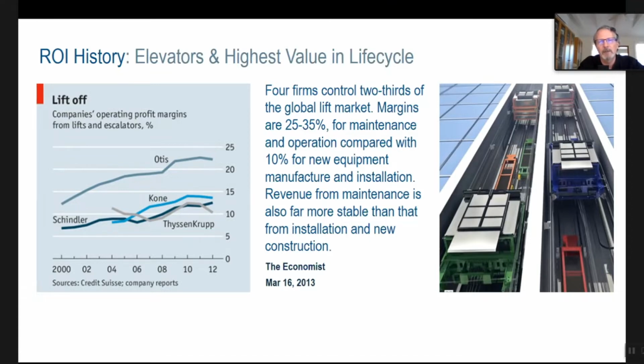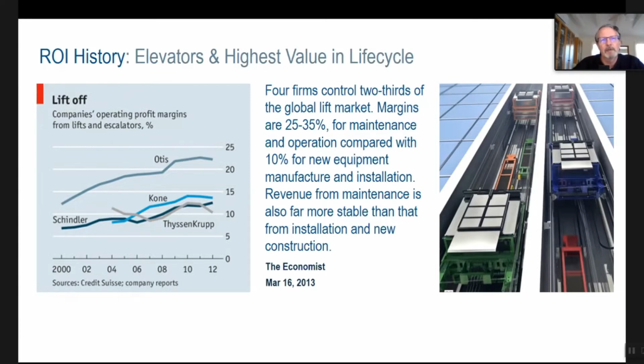They were getting a 20 or 30% discount from the elevator provider by going direct and cutting out the contractors and the A&Es in that process. So this is not a new thing. This is an article from about 7 years ago from The Economist, and it says that 2/3 of the, they call them lifts in the UK, but elevator market is controlled by just a few firms. Most of these are actually our customers, so we know them fairly well. So we have an inside view and certainly can corroborate what the Economist article is saying.